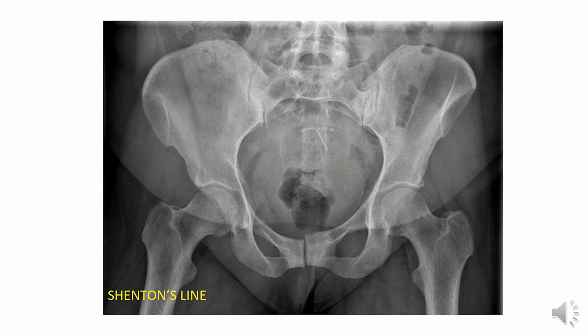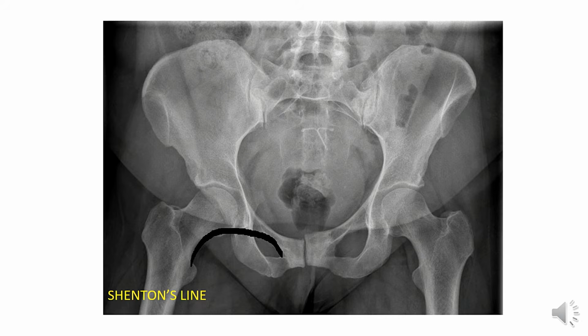Now we see the other things which should be seen in this X-ray. That is Shenton's line. The first, what is Shenton's line and what is its clinical importance? Shenton's line indicates the normal relation of the head of the femur with the acetabulum, and it is formed by